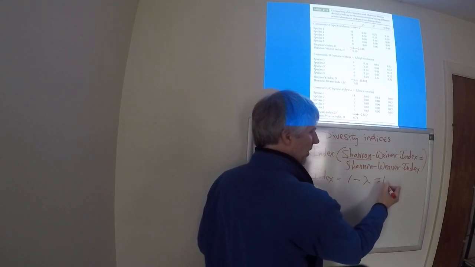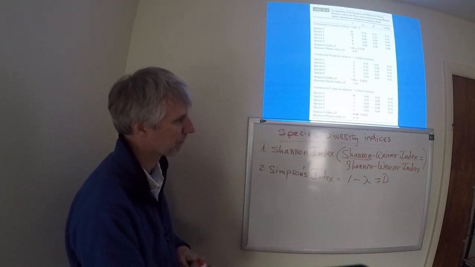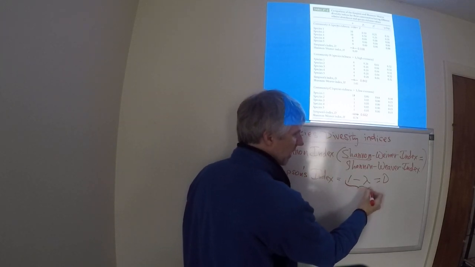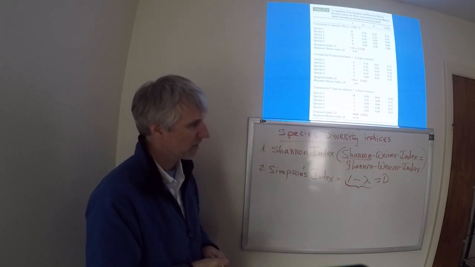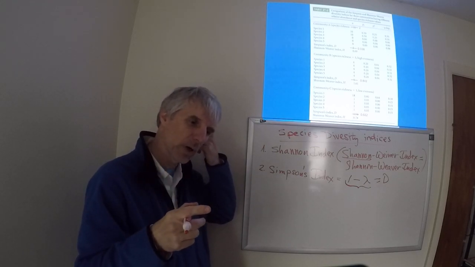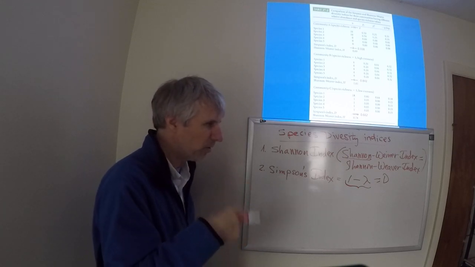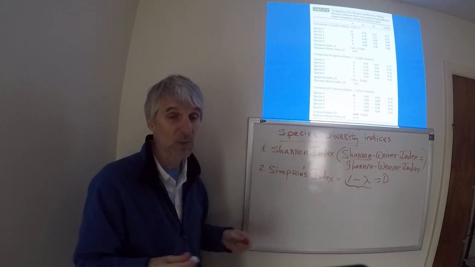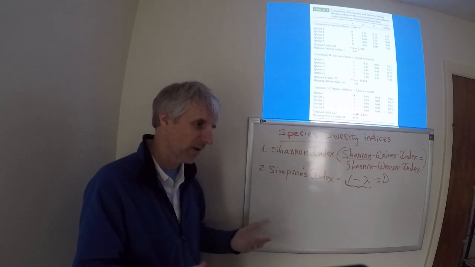And then this value is referred to as D. We have to do this because, as you'll see, if we don't do that, the scale runs in the wrong direction. Low D values would indicate high species diversity. High D values would indicate low